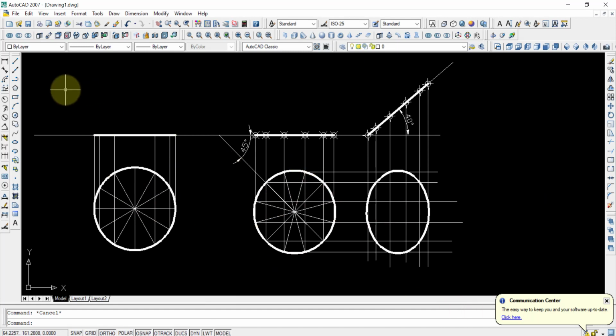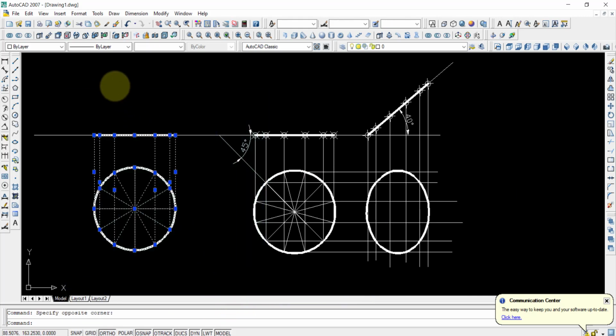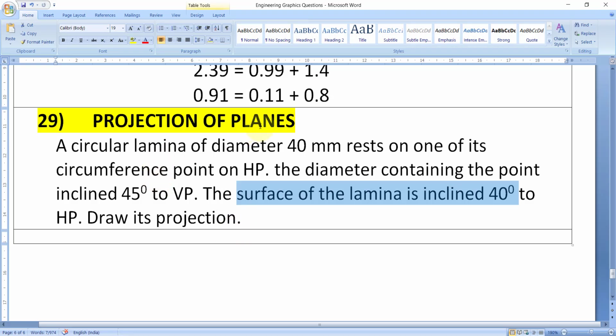If you are practicing and are very good, this first step can be omitted, because instead of drawing this step and drawing the 45 degrees line again and copy-pasting it, we can directly draw the 45 degrees line and start the diagram along that straight line only. So if you are perfect with the drawing, we can omit this step and draw directly these two steps only. If you are not able to draw, then you can start from the beginning in the basic regular format. So this is how you draw the problems with planes, or the projection of planes which are inclined to both planes, VP and HP. Right.